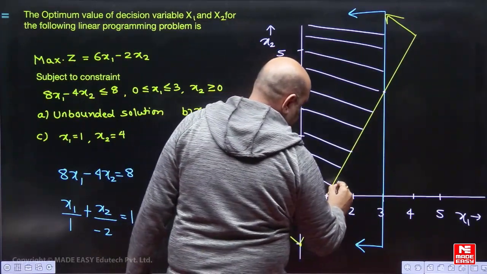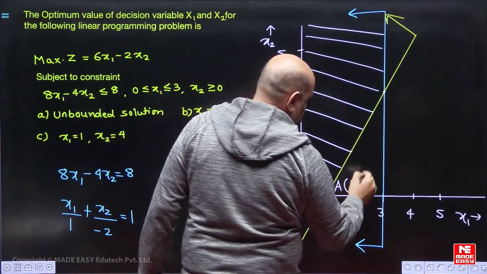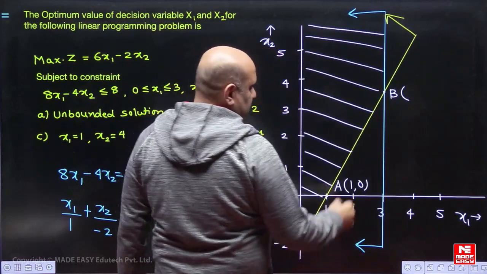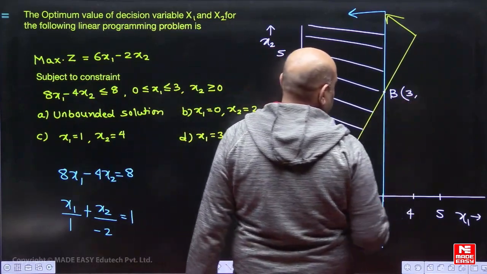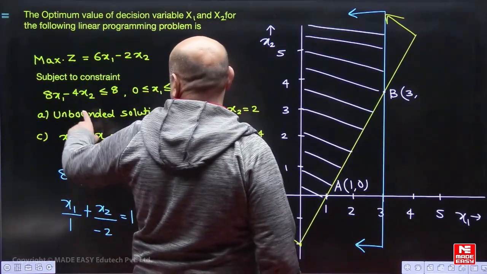लेट दिस इज ए पॉइंट जो है दैट इज 1, 0. दिस इज बी पॉइंट. x1 is 3 here. Now when x1 is 3 x2 will be